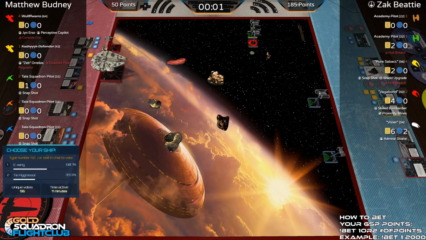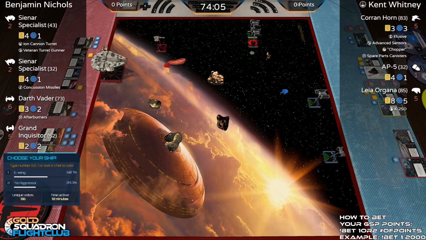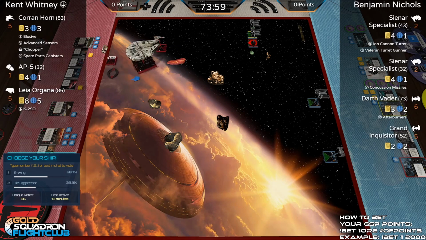All right, on the left, we have Corrin Horn, whose special pilot ability will allow him to do a bonus primary attack at Initiative 0. He is equipped with Elusive, Advanced Sensors, Chopper Astromech, and spare parts. Chopper is a nice way to get a cheap regen here. We have a Naked AP5 and a Leia in the Falcon with K2SO to try to provide some action efficiency